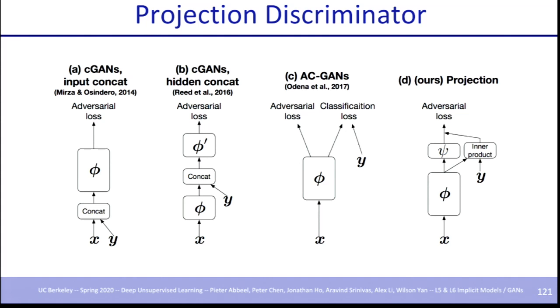SNGAN also used this idea called the projection discriminator, which came from the same set of authors at Preferred Networks, where the class variable can be inner producted with the intermediate feature layer. This is how you feed in the class information for your discriminator. The version I showed you just concatenated it somewhere in between. But you could also introduce more multiplicative interactions by taking inner products and then concatenating the inner product at the end. That version also works, and it seems to work much better.